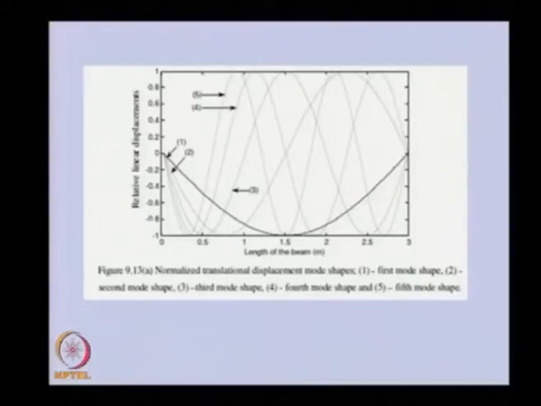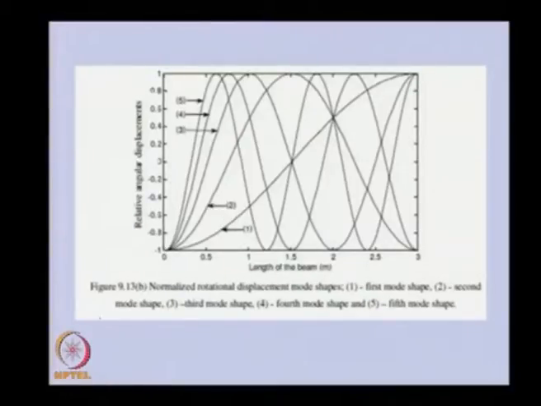mode shapes. Basically, you can see this is the zero line, and the modes vary between 0 and 1. If we draw this line, you will see that it intersects the mode shapes at various positions. Those are nothing but the node positions where the displacement remains 0, as we have already seen in the torsional vibration case also. These nodal positions are more critical: even though the displacements are 0, the stresses will be higher at these locations.